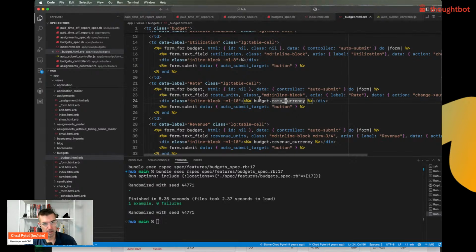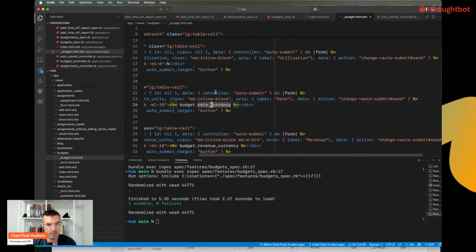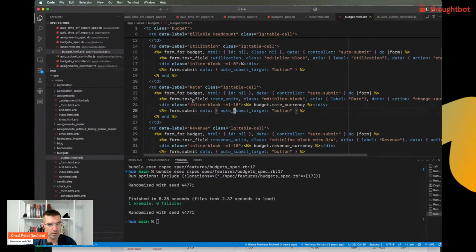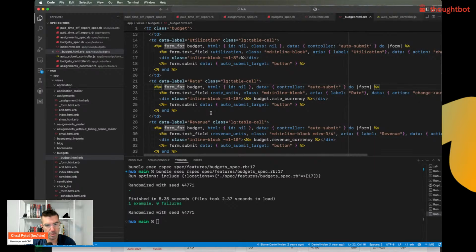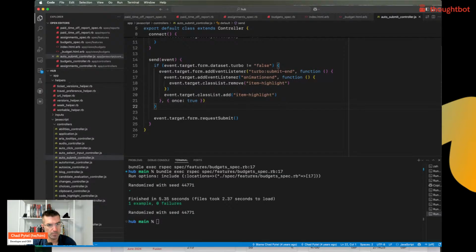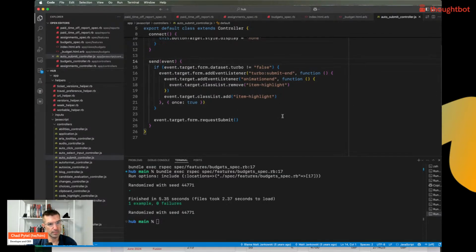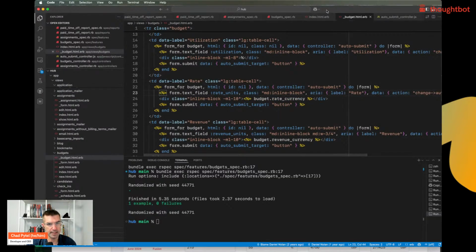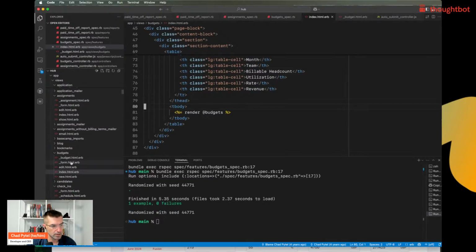So by default, the form with form_for is going to use Turbo to submit, right? And then I would have expected the